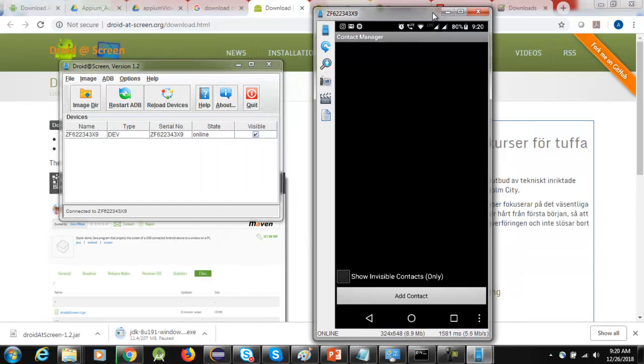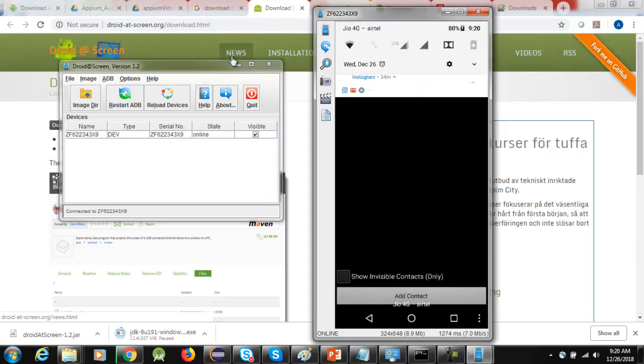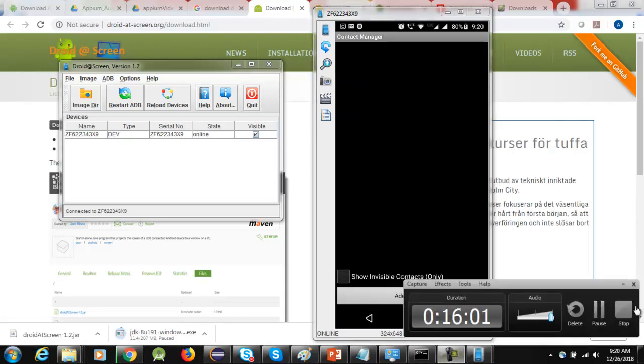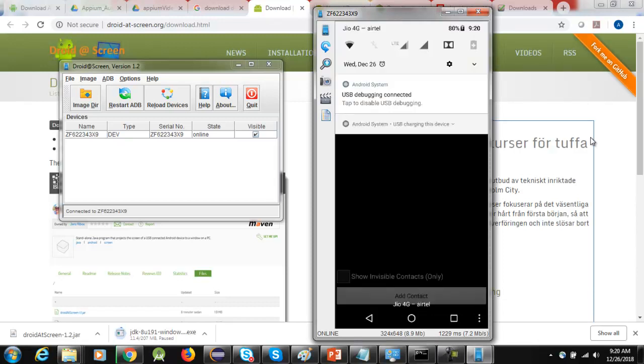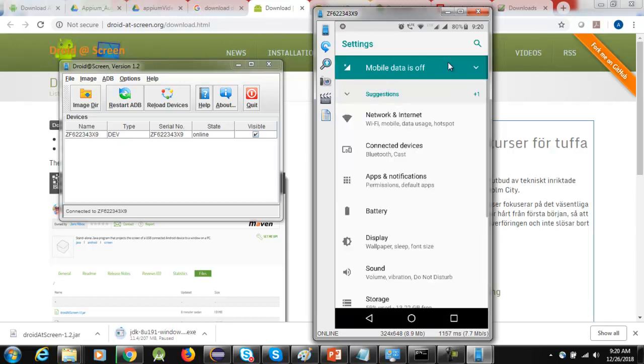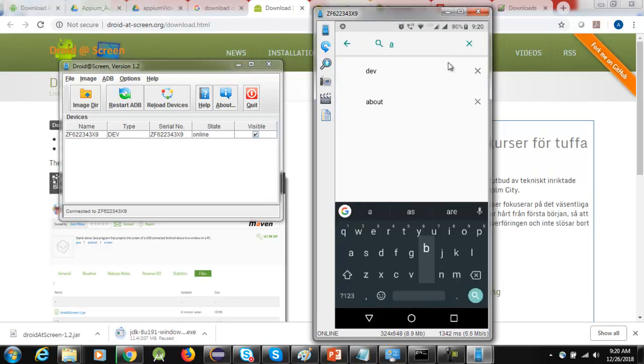Now, how my real device is coming here is through a third-party tool so that I could show you the real device. Now, in order to configure the real device, just go to the settings. I'll go over the settings, move down, click over the settings button, and now search about phone. Click over about phone,